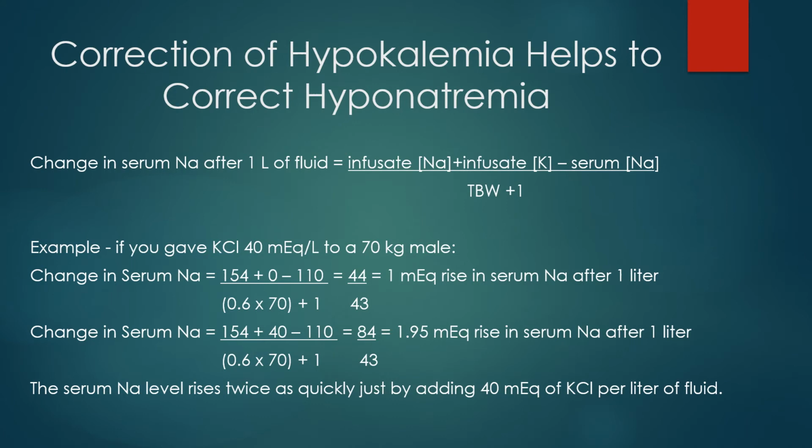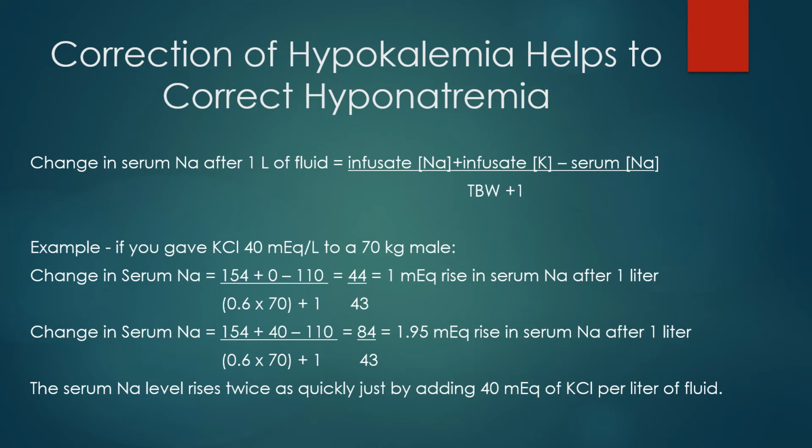This is a formula you can use to estimate how much potassium to give in patients who are hyponatremic and hypokalemic at the same time. The increase in sodium level after a liter of fluids is equal to the infusate sodium concentration plus infusate potassium concentration minus serum sodium concentration, divided by total body water plus 1. Sometimes, if you have a patient with significant hyponatremia and hypokalemia, just repleting the potassium can lead to a significant